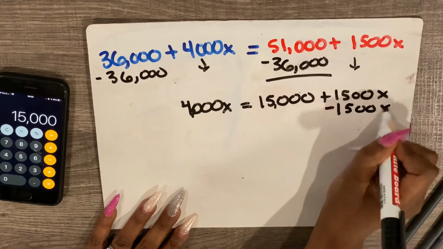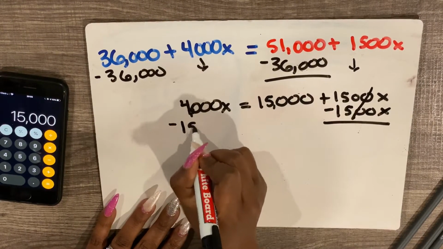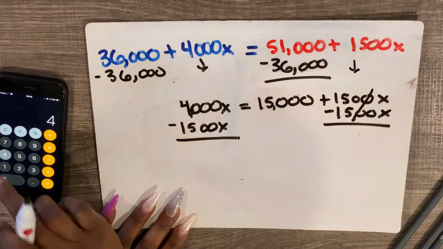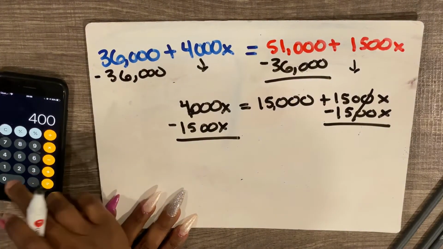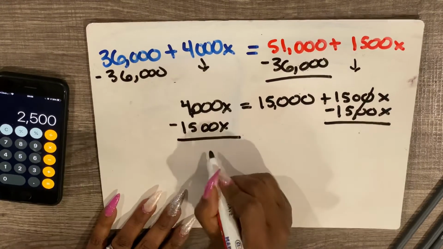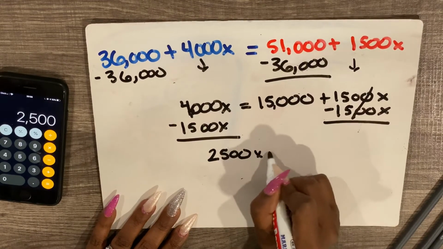So I'm going to subtract this from this side, and what I do to this side, I have to do to the other. So if I do 4,000 and I subtract 1,500, I'm going to end up with 2,500 x equals